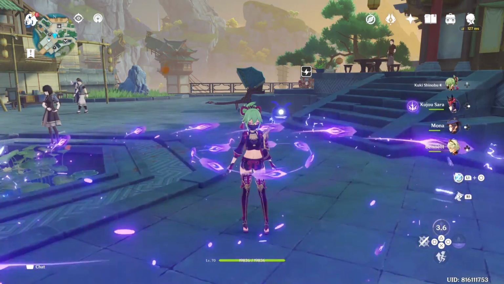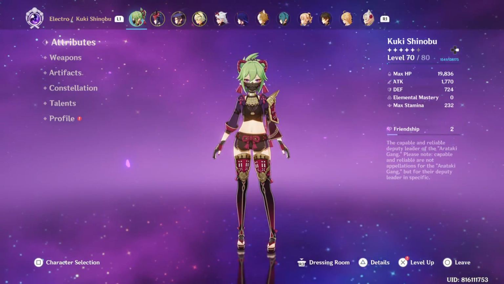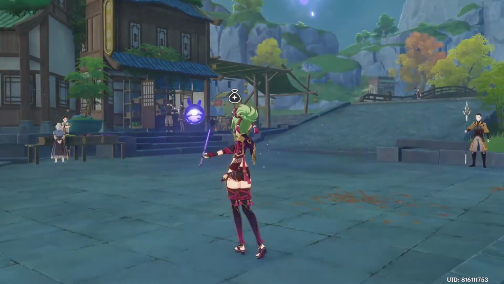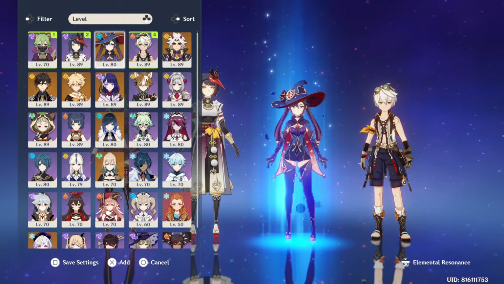Depends. Well, you can use instead of Mona, you can use Zhongli, or you can use any shield character. If you're not good at dodging,